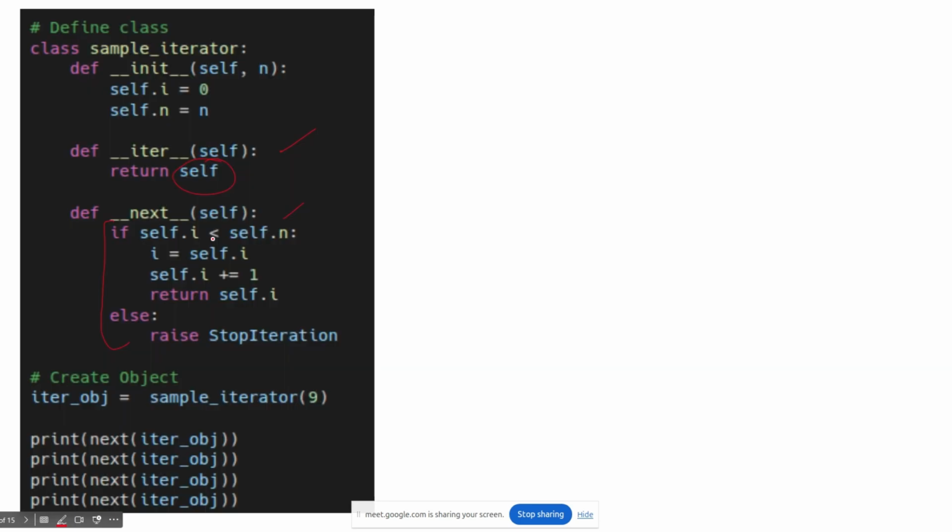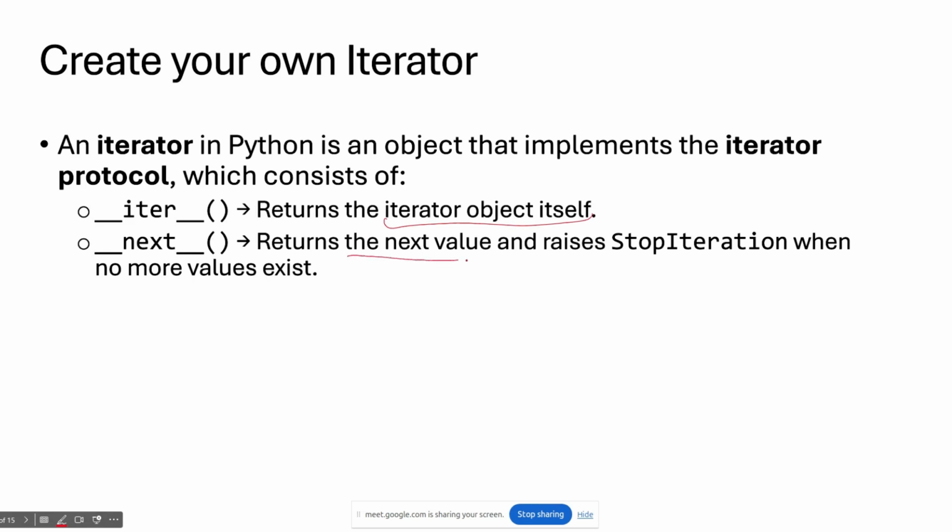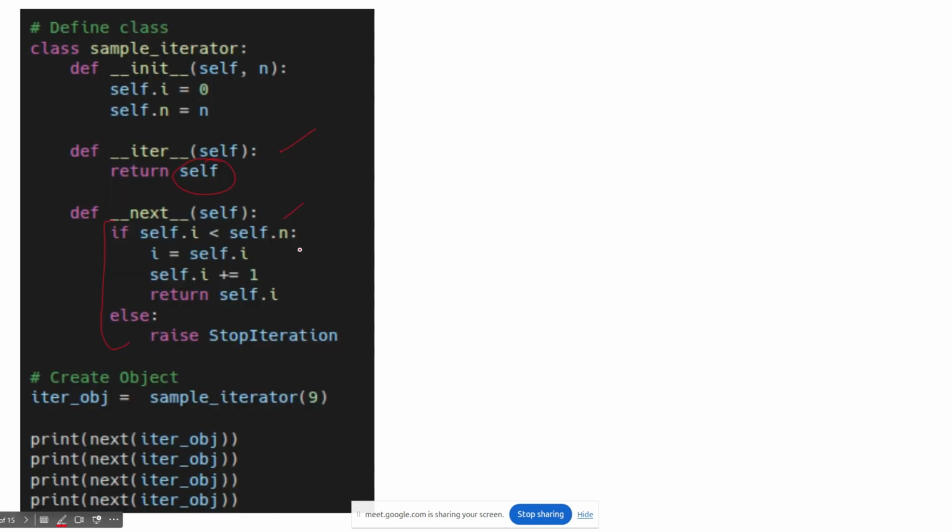Okay, so sorry, here it returns the next value and raises a StopIteration error when no more items are there. So in the same way we are saying, if item is less than n, then you can increment, otherwise you can raise a StopIteration error, right? Okay, we will write this code. So the ultimate objective is to